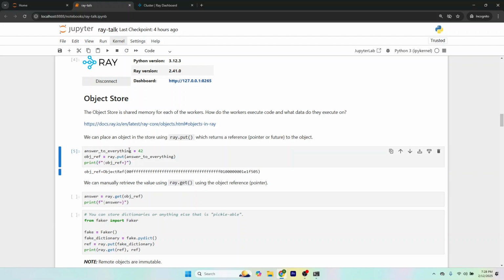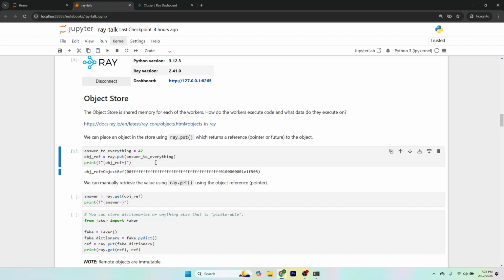So we move this value 42 up into our object store. And what we displayed here is the object ref, an object reference with a memory address or something like that. For me, my mental model of the object store is that these things are pointers. So I think about this object ref as a pointer to the value 42. My background is C++. If you're a TypeScript person, maybe that's a future or something. Maybe that's a better mental model, but come up with whatever mental model you need to wrap your